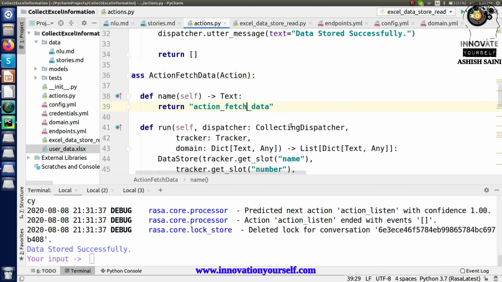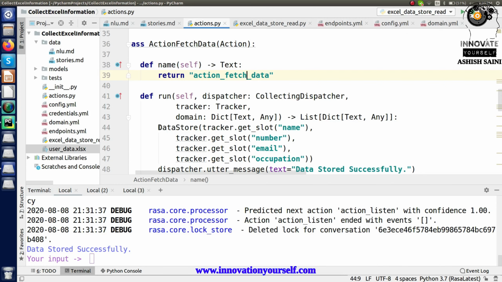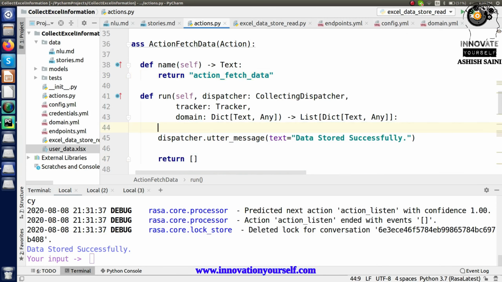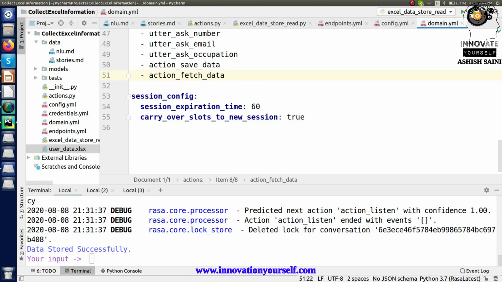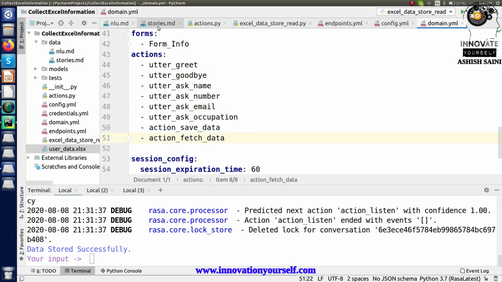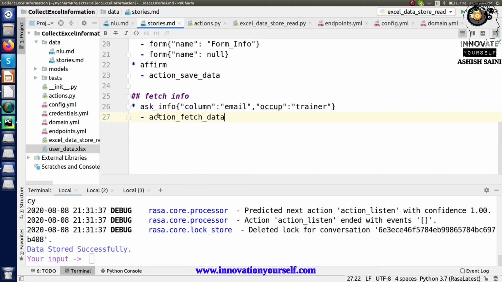Fetch data. So this is what I'm doing, and in here instead of calling this part I have to create another function, and that function will be called from here only because I don't want to mix it up. So just add this action into the domain file, add it here. So I have added that. Also just add it in here,